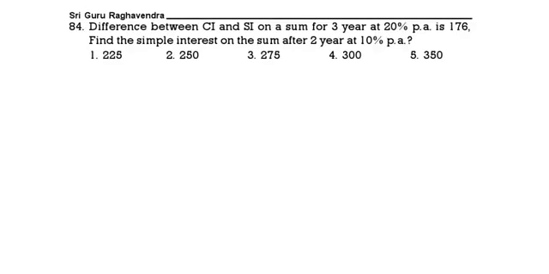The difference between CI and SI for the sum of 3 years at 20% per annum is 176. Find the simple interest on the sum after 2 years at 10%. Now there is a direct formula for 3 years. If the difference between simple interest and compound interest is given for 3 years, the direct formula is P into R square by 100 square into (300 plus R) by 100. This is applicable only when the difference between CI and SI is given for 3 years. Now here,